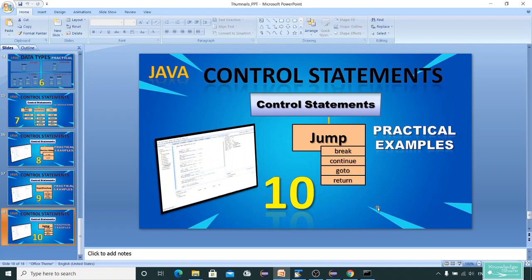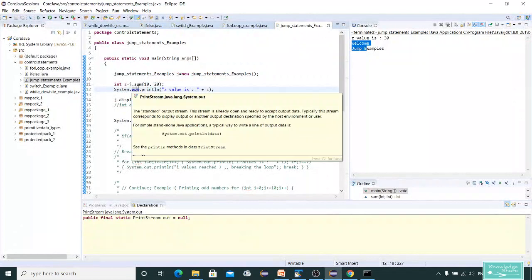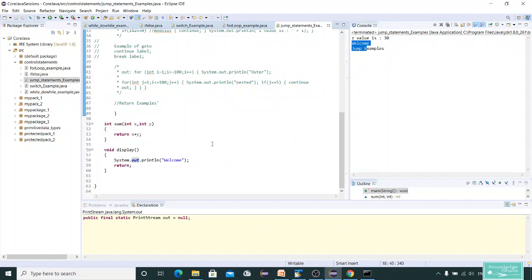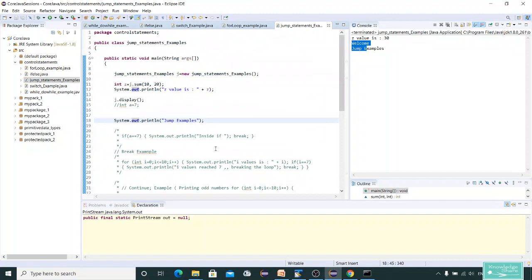Just take some examples. I'll give you this program in the description box, so you can copy paste and try, but I request you to try the programs on your own so that you will be familiar with this basic concept. Once you are strong in these basic concepts in Java, then we will be moving to automation, and your life will be easier in getting these concepts.